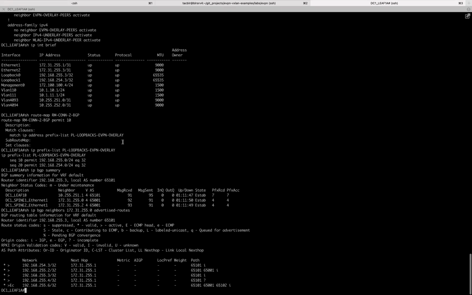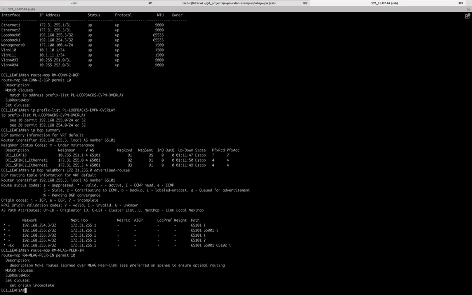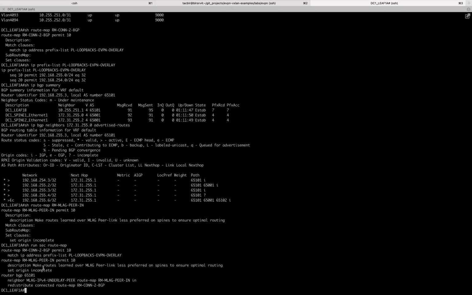Let's check what the route map is. Show route-map. Make routes learned over MLAG peering less preferred on spines to ensure optimal routing, right? So permit 10, match clause, set origin incomplete. Basically, the purpose of this route map is, as we discussed here,